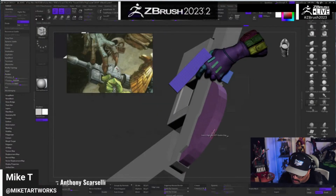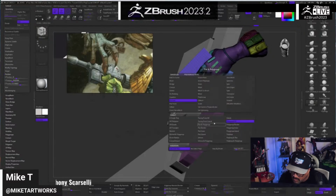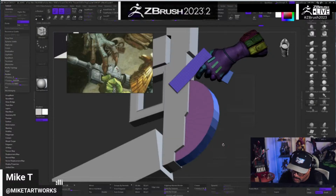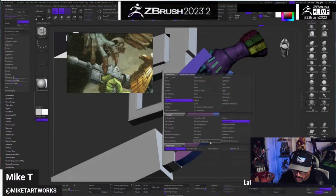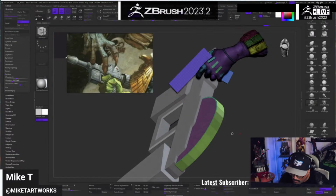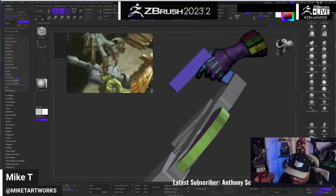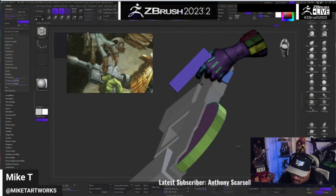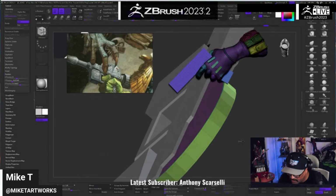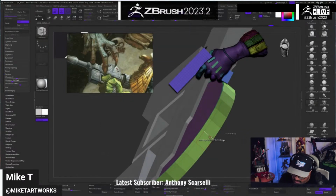Let's get rid of these. I'm gonna polygroup this edge by poly loop. All right, now I can extrude just this piece here, like so. And do that little thing I just showed you with getting the bevel. Actually, let's do something different. I want to hold that bevel, and rather than creasing it, what I'll do is I'll just make this here,